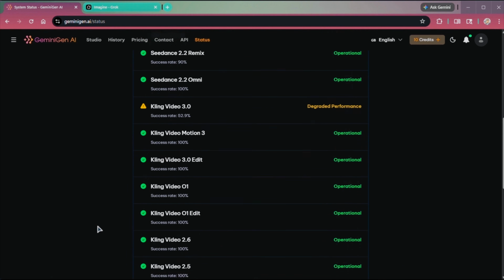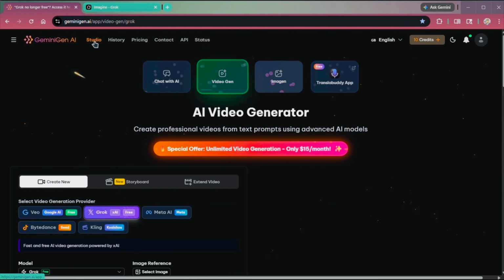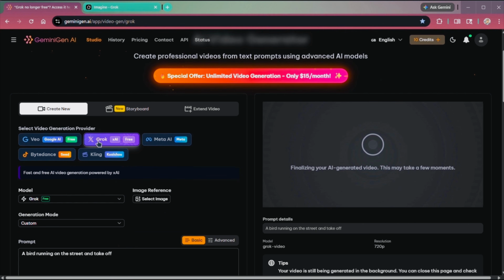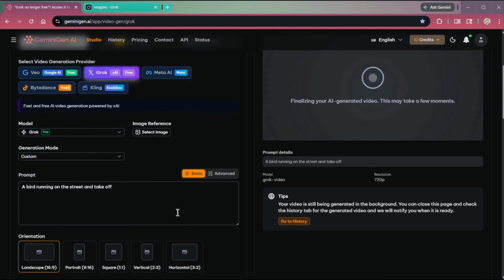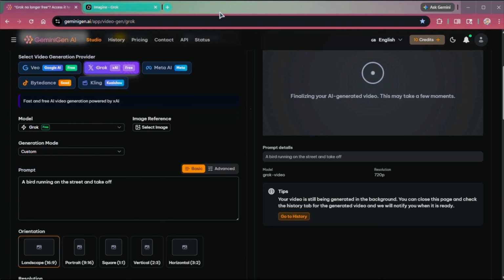Then you go back to the studio, look for those same models and test the ones that also show 0 credit cost. And if one option throws an error, don't keep forcing it. Try another working model or come back later when the rotation changes. That's how you use this platform efficiently. So yeah, that's how you stay on the free side of Grok and actually get results.